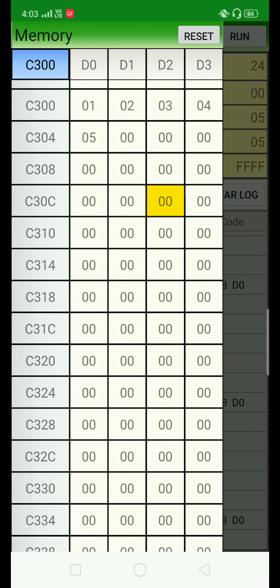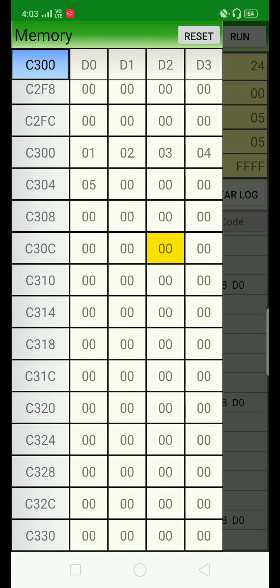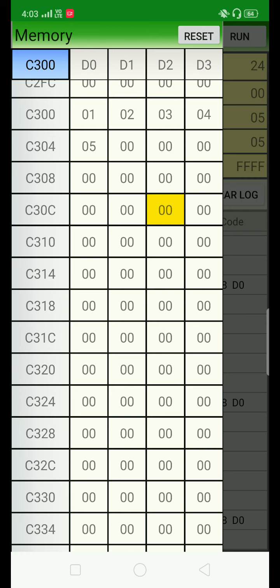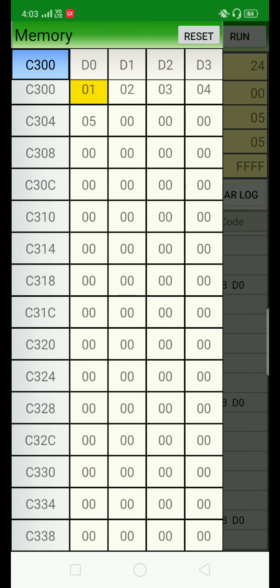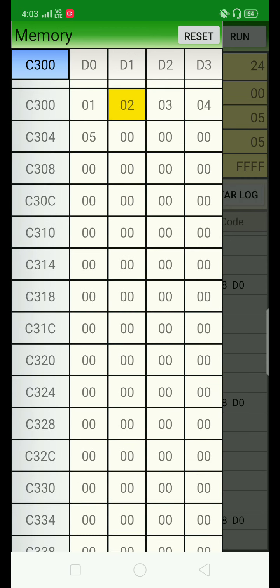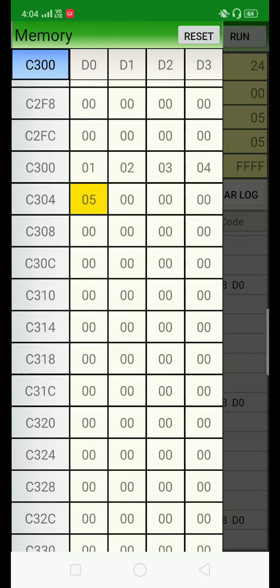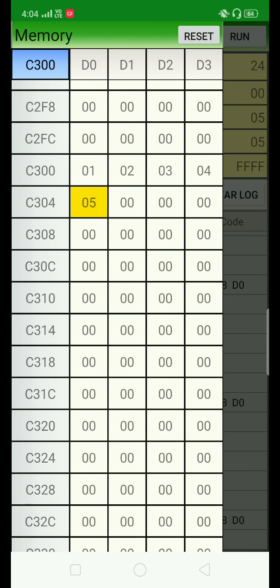Open the memory window. Now check the results starting from C300. We are getting 01, 02, 03, 04 and 05. So these are the contents of array number 2. So this is nothing but block transfer or array transfer.